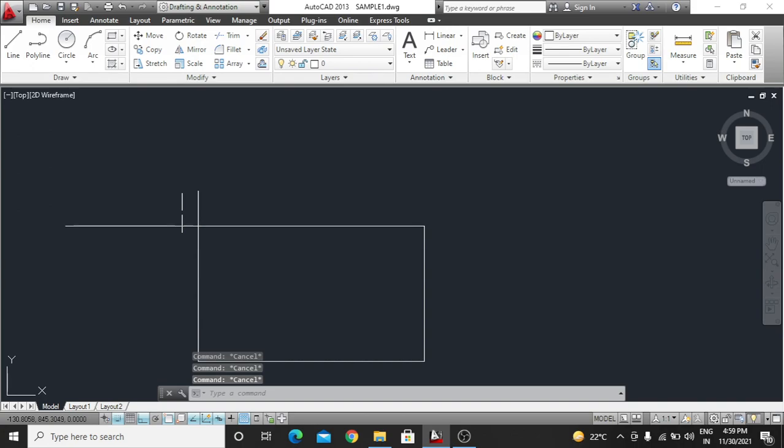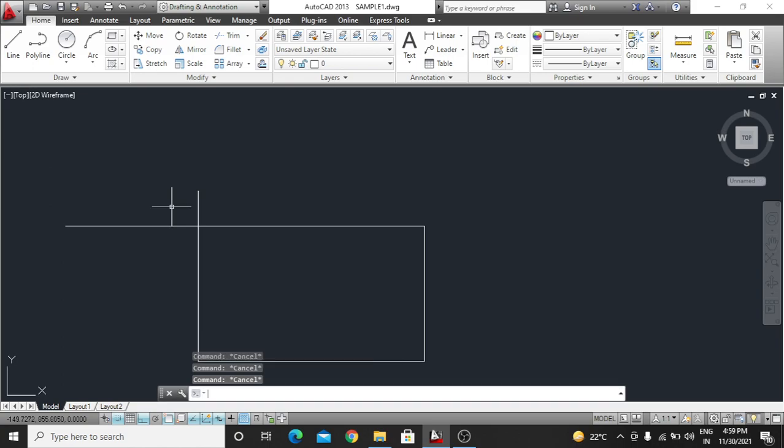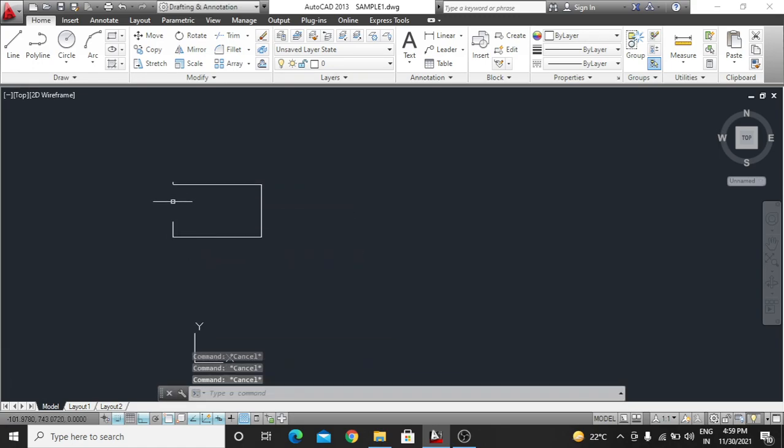Okay, trim command. Now guys, see how the trim command works. If you click on this object, it will do nothing. Okay, just see this: enter TR, trim, and right click. Okay, then click on this, whatever you click will be trimmed.